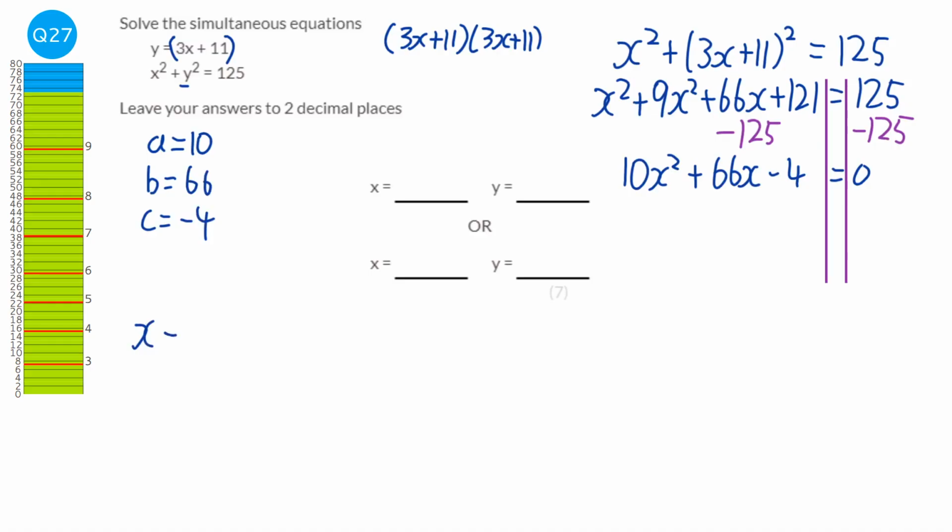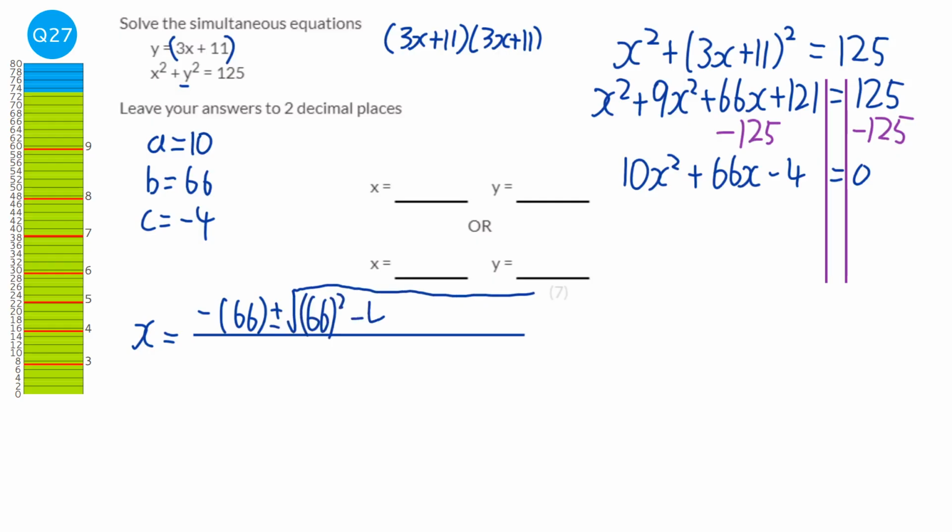The quadratic formula will be minus b, and I always put the values we substitute into brackets, because if they're negative that really helps us. Plus minus square root of b squared minus 4 times a times c, all of that over 2 times a. When you put that as a plus, then into the calculator we get x equals 0.060 blah blah blah, and when you put a minus there, we get the answer of minus